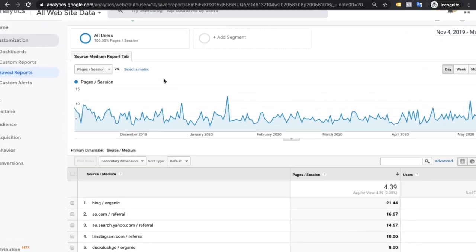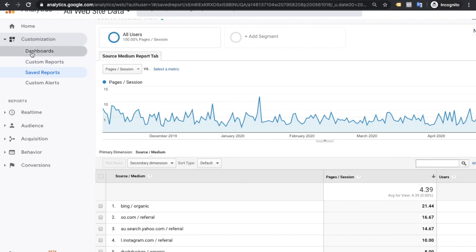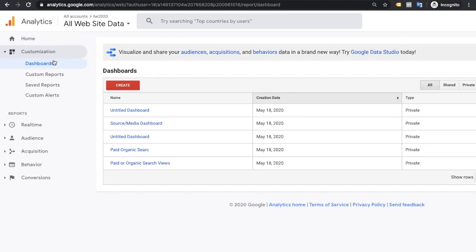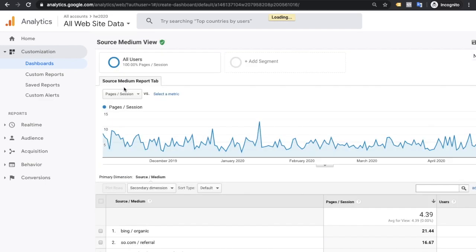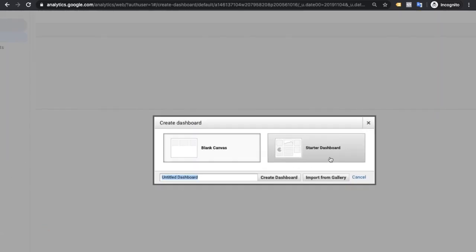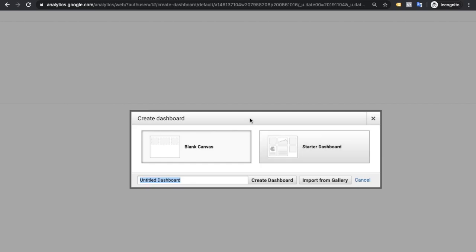Now I am going to explain how to create a custom dashboard. Select dashboard in customization and then the create option. You will see two options, blank canvas and starter dashboard.